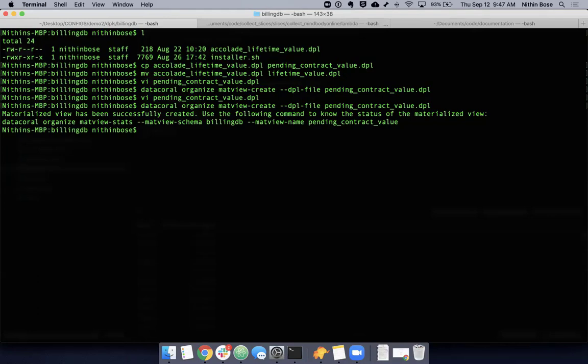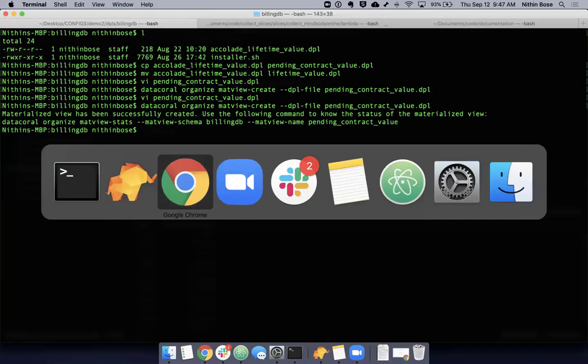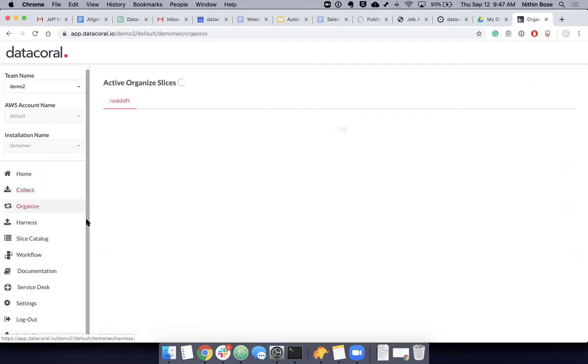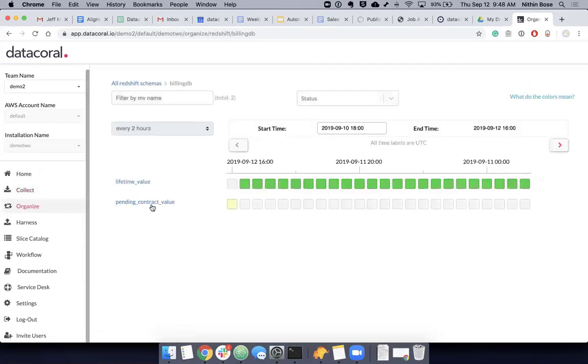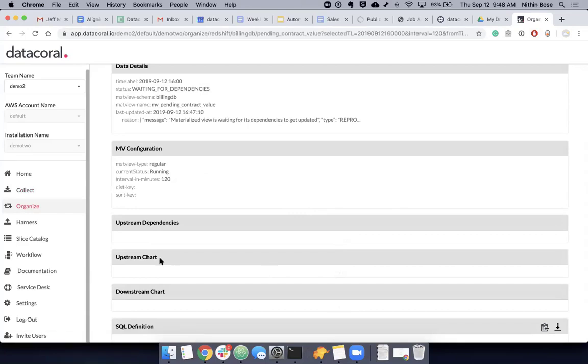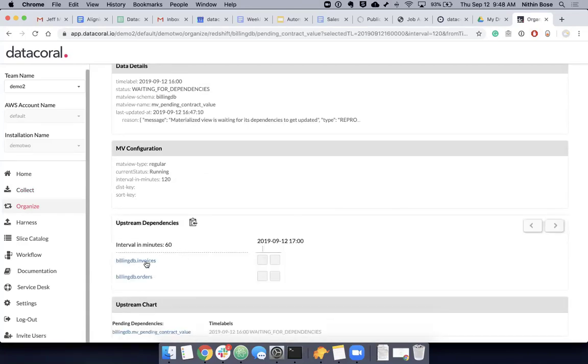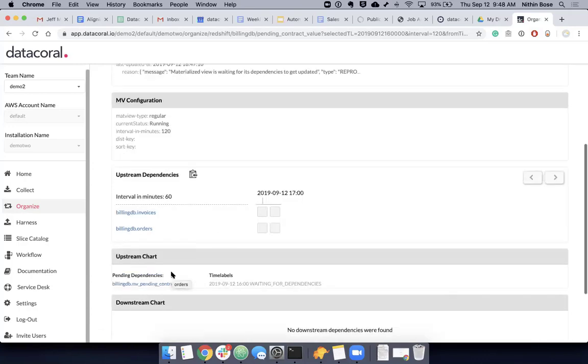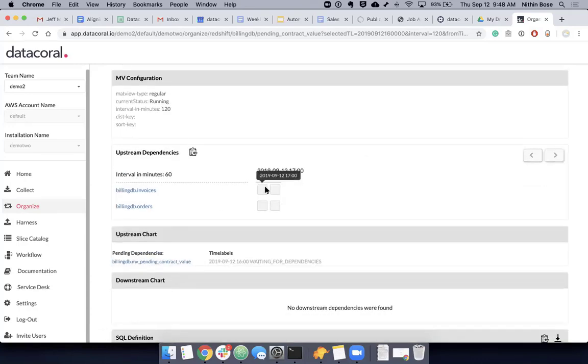That's right. And so while we're talking about it, this thing got created. It now is available on my application. See that? So that's pending. We just added it, and now it's going to schedule to be run. So the best thing is it's going to wait for all of its dependencies. In this case, it's waiting for invoices and orders to come through, and it knows it needs to go and run after each of these things successfully finish. Right, and it's not going to create garbage runs if it doesn't finish.